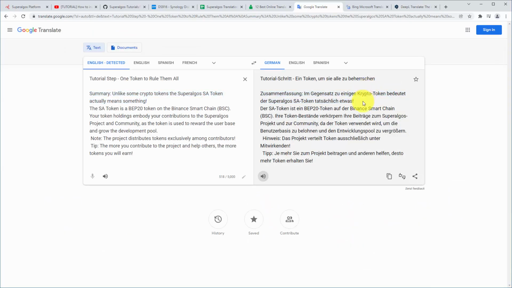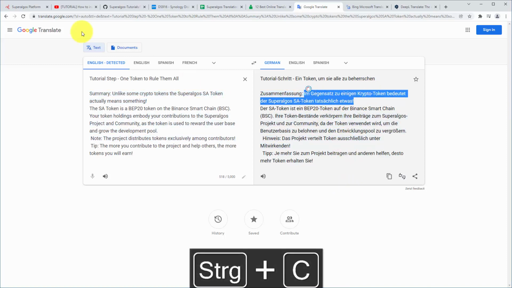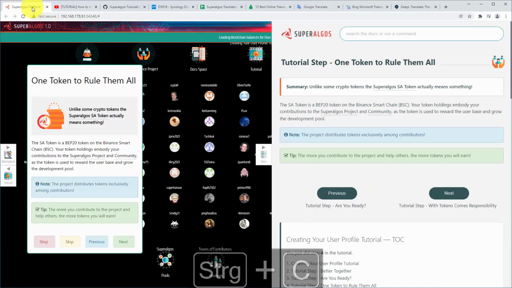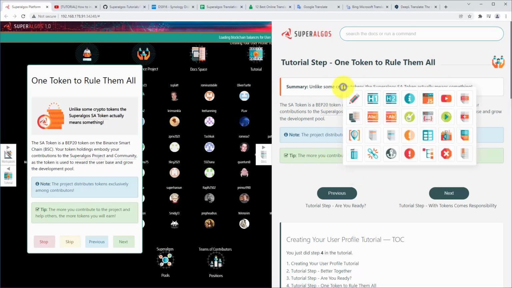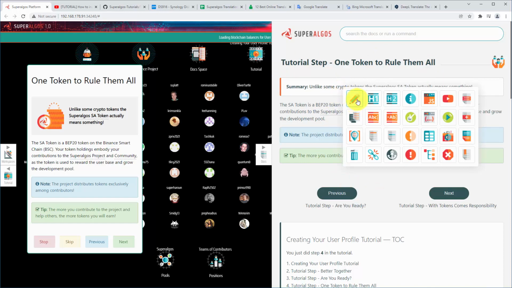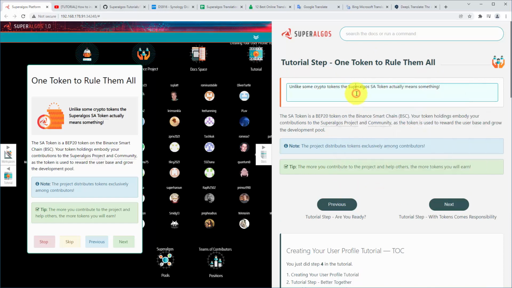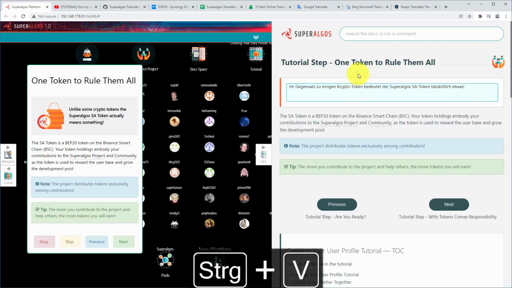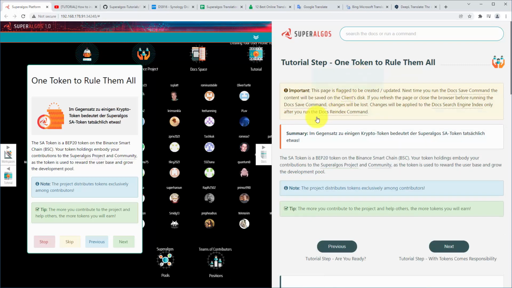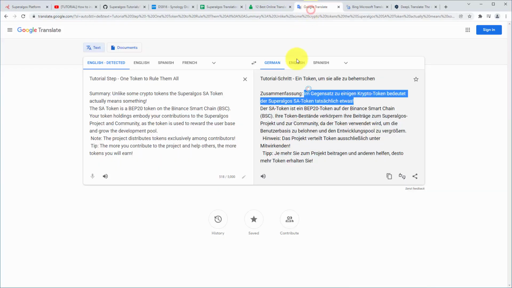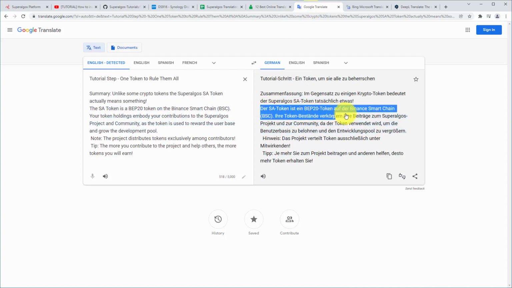When you're satisfied with the translation, just copy a paragraph and go back to SuperAlgos in the Documents area. Right-click again on the exact paragraph for which you copied the translations from. Select the pencil icon, select the entire English text with Ctrl-A, and override it with the translations by pressing Ctrl-V. To close, click with the right mouse button somewhere above the text field. Then you can continue with the next paragraph in the same way.